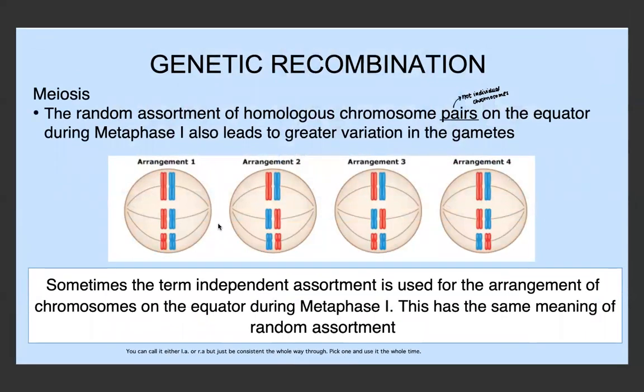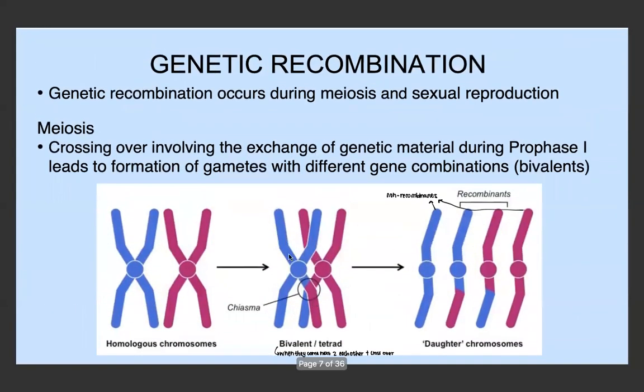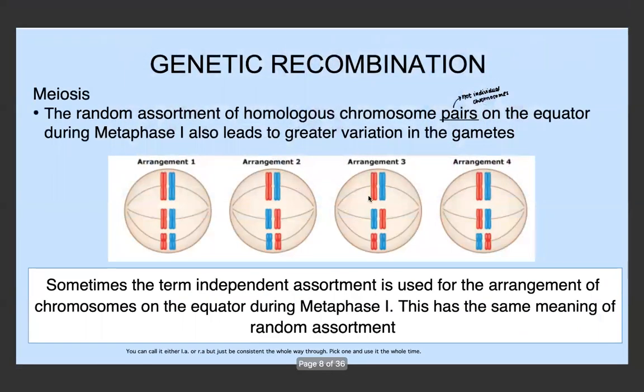When they are separated into new daughter cells, we also have more genetic recombination, because we have various arrangements of the homologous chromosomes. Even though it's depicted here as just red and blue, we know that they've already undergone crossing over. So they actually wouldn't be purely maternal and purely paternal. They'd have a little bit of maternal over there and paternal up there, where crossing over occurred.